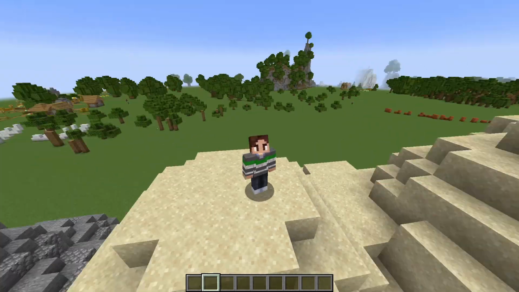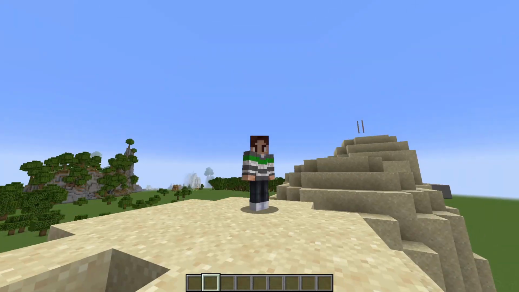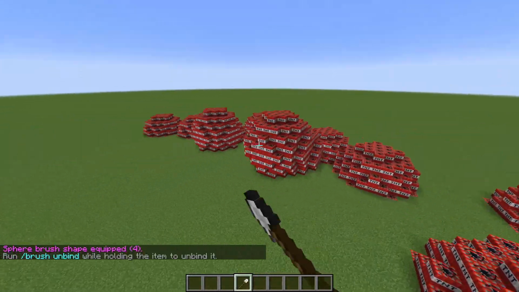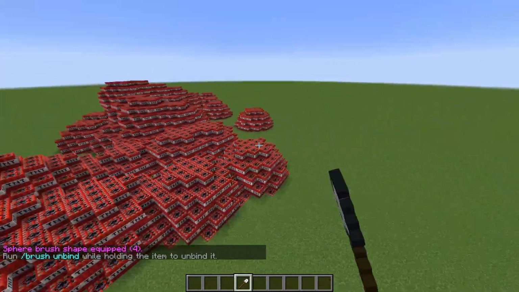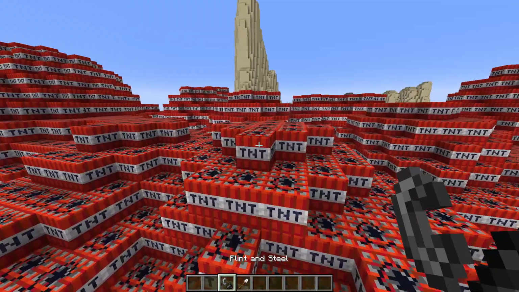Okay, so with the basics done, I'm gonna show you how to actually use these commands in a build. We're gonna build a valley as I showed you before, so let's start with the mountain. We're gonna mostly use brushes for this, because it's really easy to use and you can make a bunch of stuff with it. You just have to apply a brush to a tool and that's it. And if you don't want a brush on your tool, just use brush and unbind.